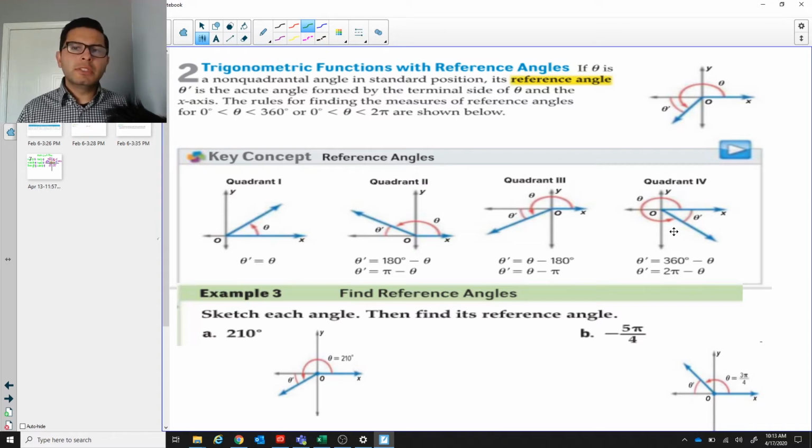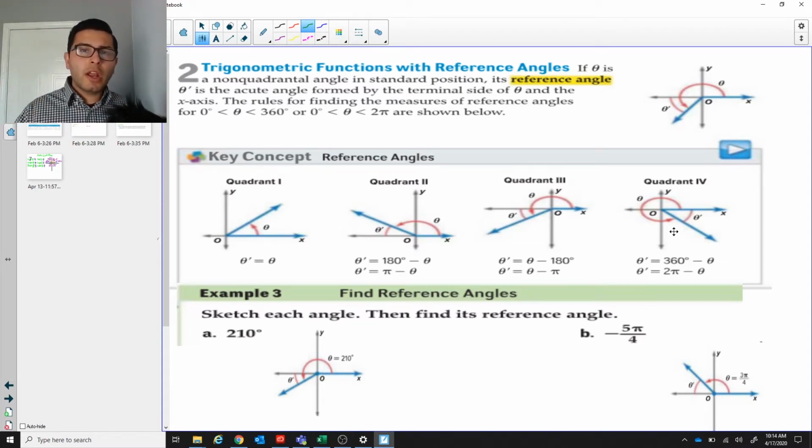Here we are going to be talking about a reference angle. Now, what is a reference angle? There's many ways to describe what a reference angle is, but remember what we've been working with. We've been working with this terminal side and a line that goes from the terminal side to the x-axis, and